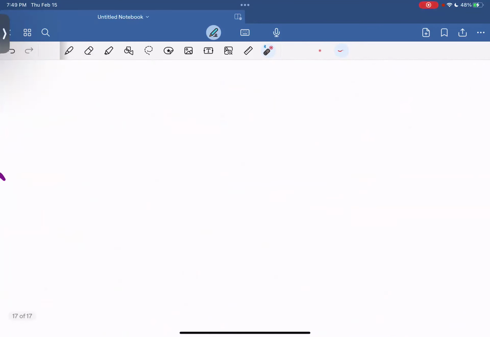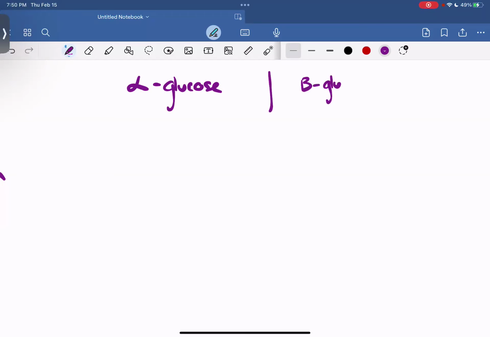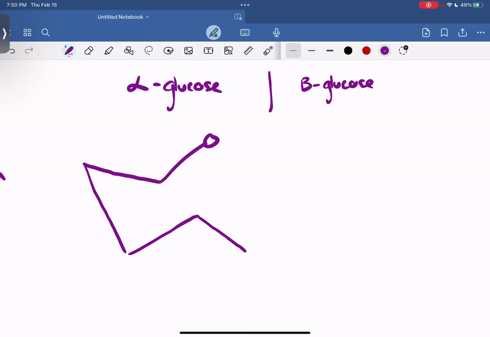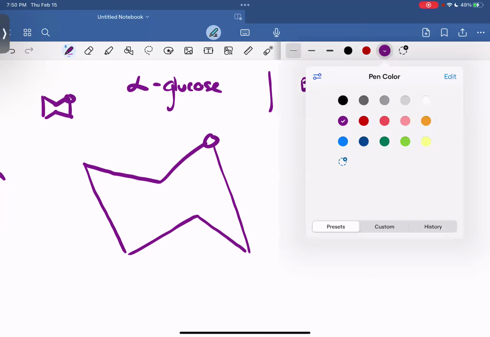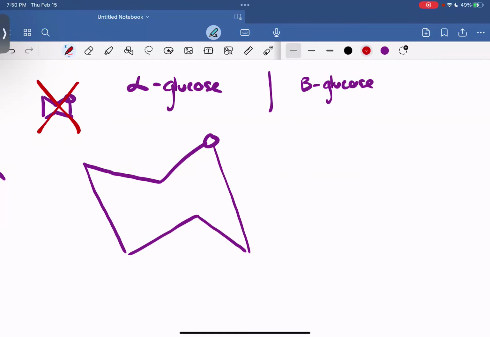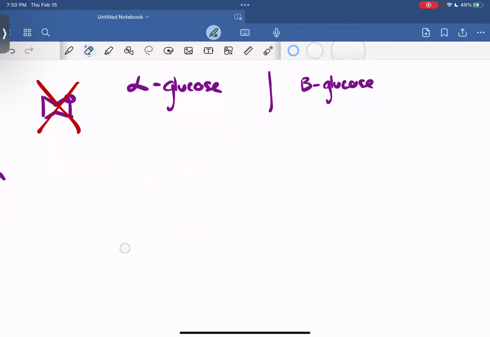So here, let's draw alpha glucose, and then we'll do beta glucose. And again, these are not bow ties. When I say bow ties, they don't look like this. We do not want to see that. We want to see, and I apologize, sometimes mine aren't as good as they should be, but